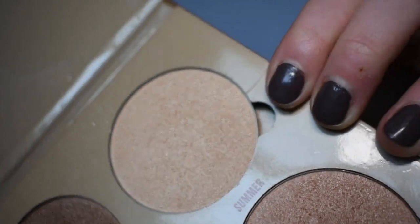The color that I'm using for highlighter today is called Summer. It's from the Anastasia Beverly Hills Glow Kit. So this is my fan brush, I believe from It Cosmetics. Yes, it is. This is an It Cosmetics fan brush. I don't know what the number is, but